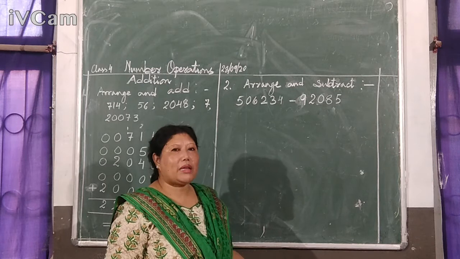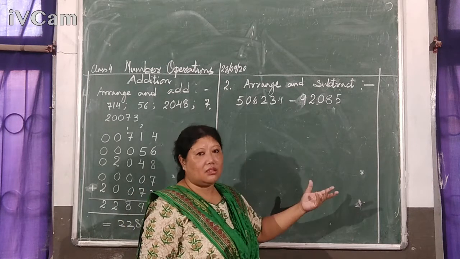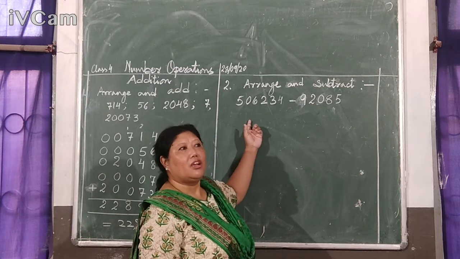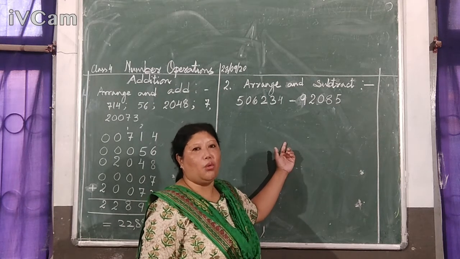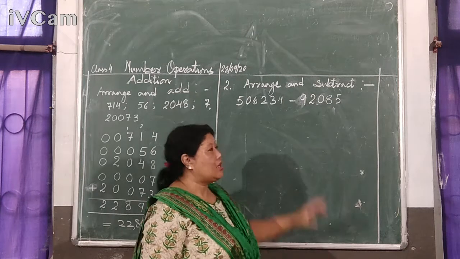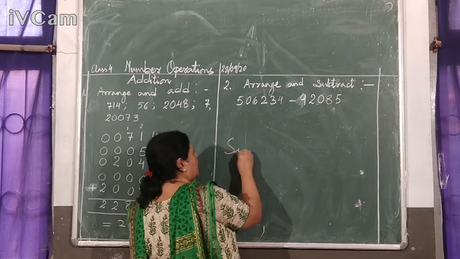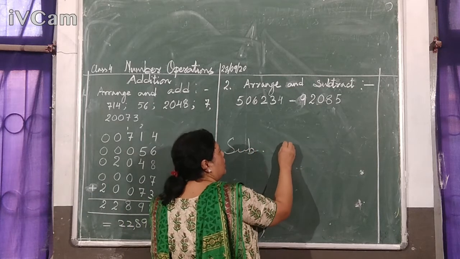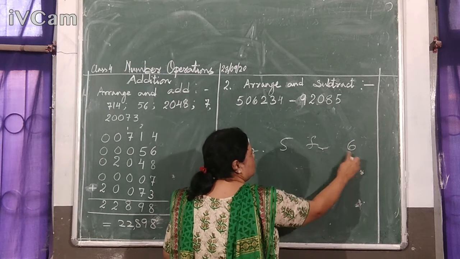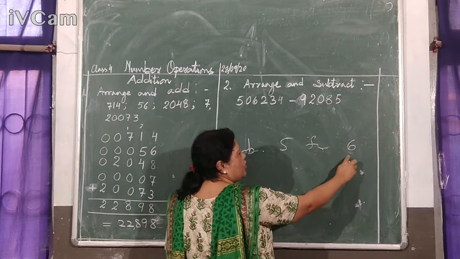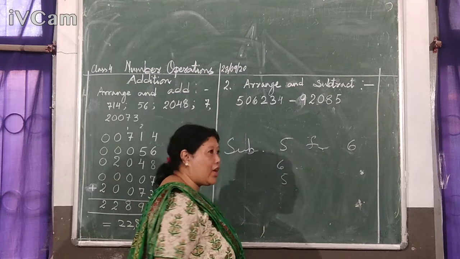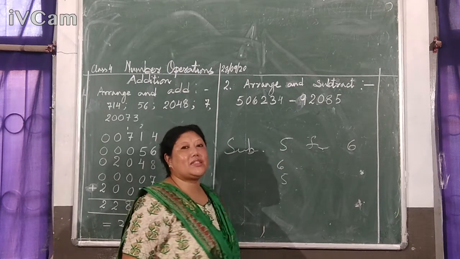Now the question might be subtract this from this. That time, which one is in the first? You write that. No. Which number is near that from? Subtract 5 from 6. So which number comes after from, that will be first and this will be in the second line. Now another one is find the difference.